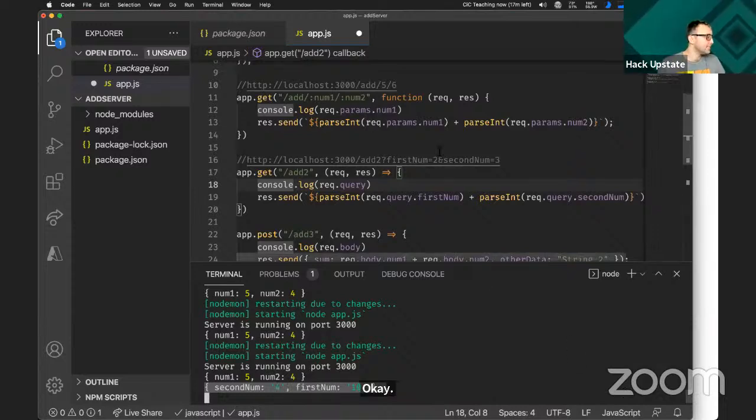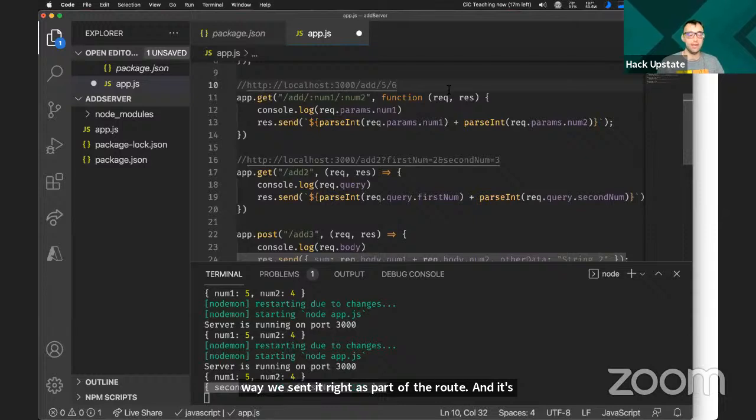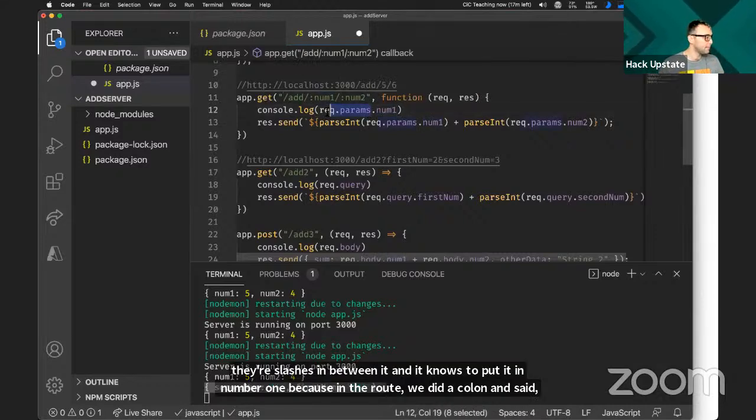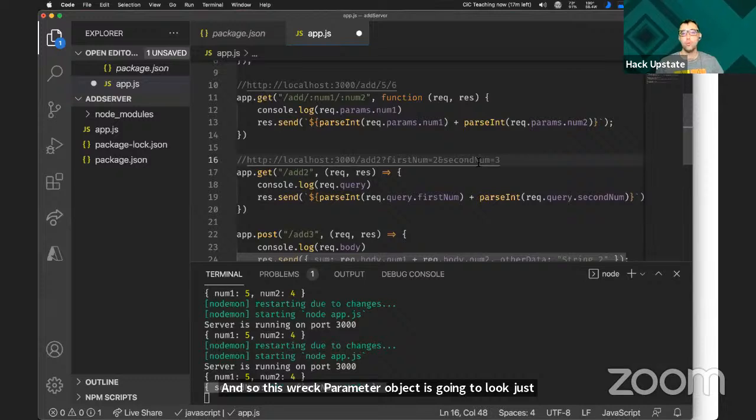Right. So this is where we covered 3 different ways of getting data to our server. The first way, we sent it right as part of the route, and it's able to pull that information apart because there's slashes in between it. And it knows to put it in num1 because in the route we did a colon and said num1. And so this req.params object is going to look just like our req.query here if we use num1 and num2 in our